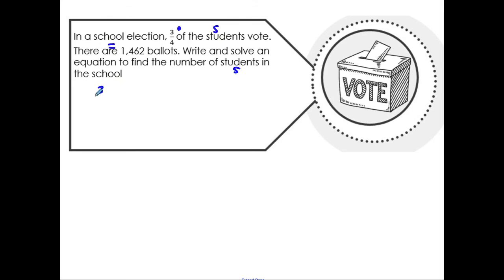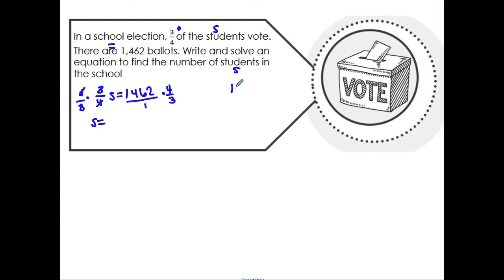All right, so here's our equation. 3/4 S equals 1,462. I'm going to cancel out this fraction. You can divide by 3/4. I'm going to go ahead and do keep, change, flip, and just make that a times 4/3. Times 4/3 on this side as well. I'm going to make that an improper fraction by putting it over 1. All right, my 4's cancel out. My 3's cancel out. I'm left with an S. Okay, so now I need to do